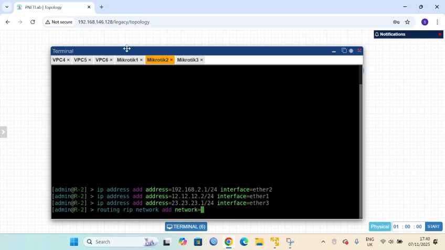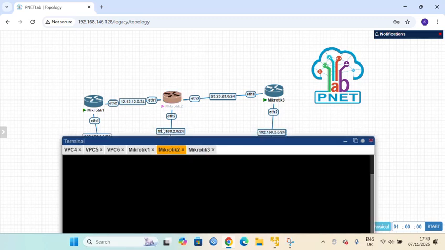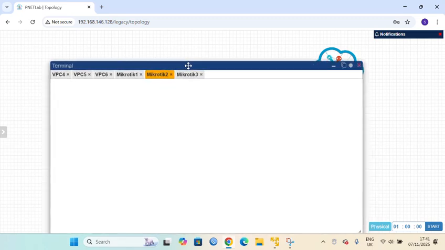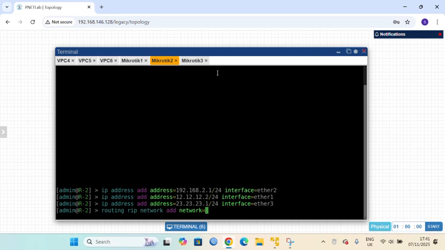So we just write the IPs. First, 192.168.2.0/24, enter.